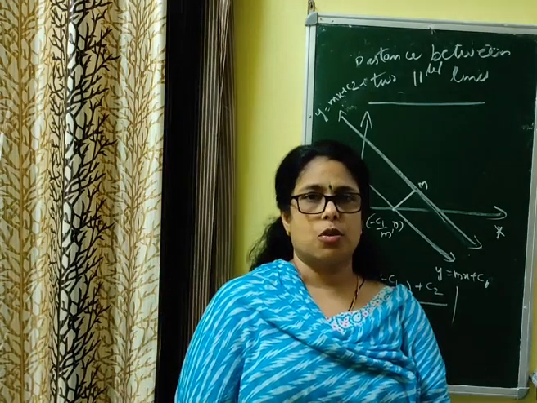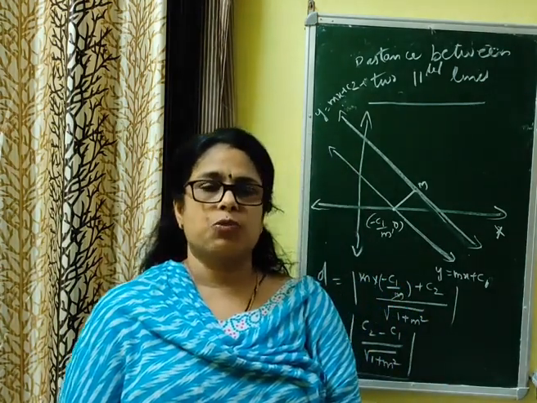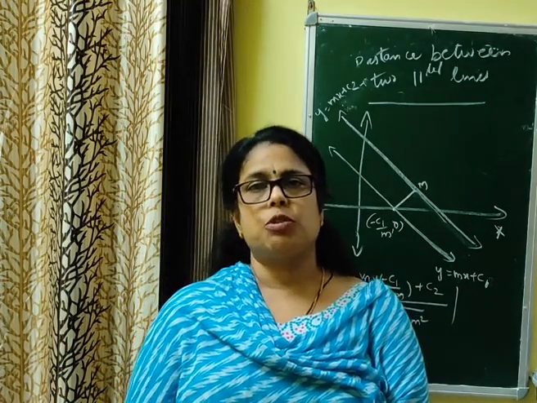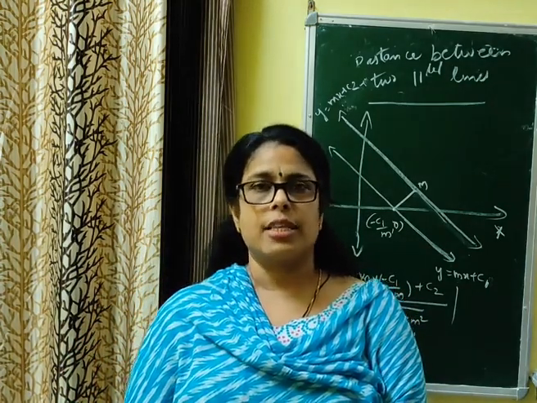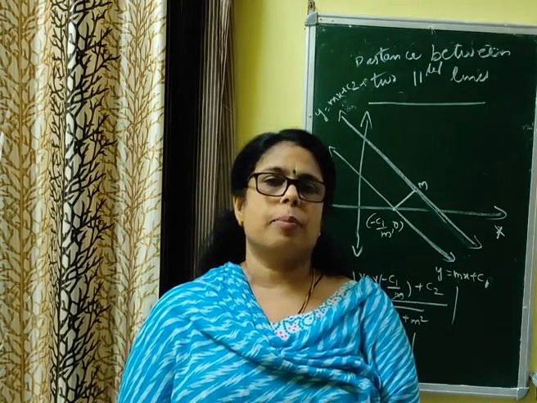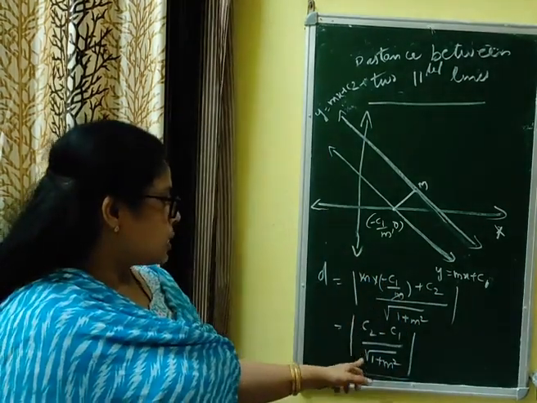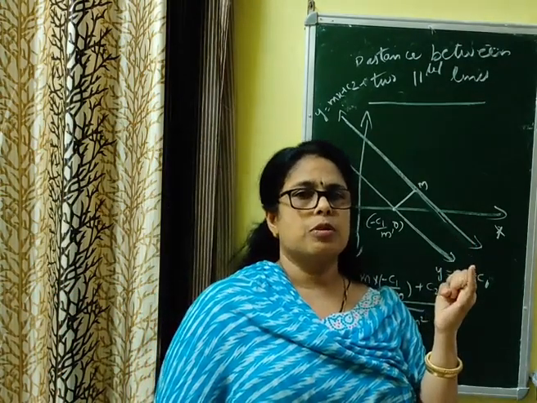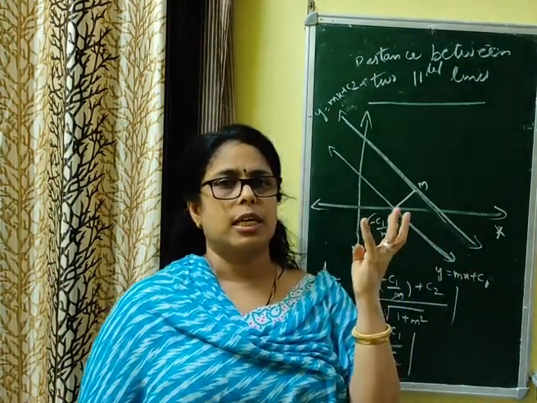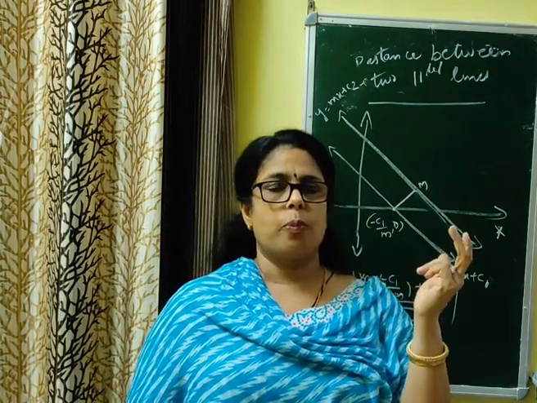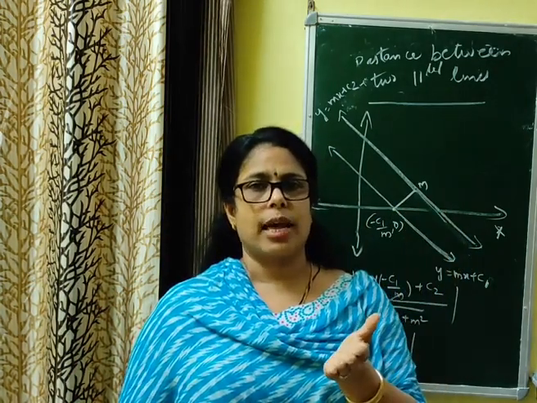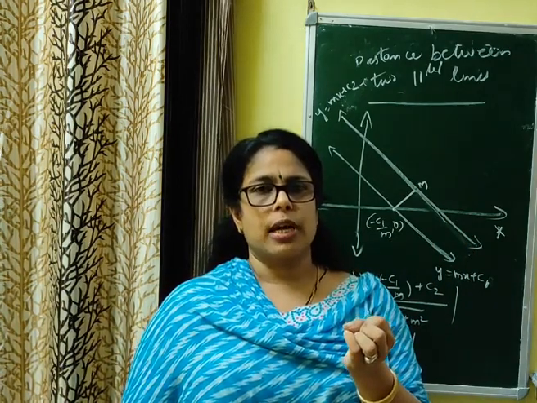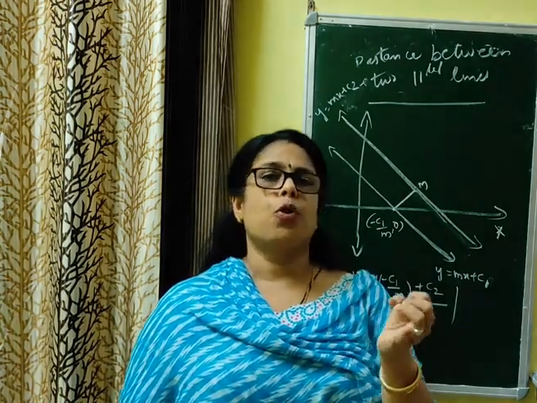Now how we can find the distance of a point x1 y1 from the line ax plus by plus c equals 0 using the formula mod ax1 plus by1 plus c upon root a square plus b square. The distance between two parallel lines whose equations are given as y equal to mx plus c1, y equal to mx plus c2 is mod c2 minus c1 upon root 1 plus m square. And yesterday we studied the basics: gradient, slope of parallel lines, slope of perpendicular lines, point slope form, y-intercept form of equation of a line, and two-point form of equation of a line.